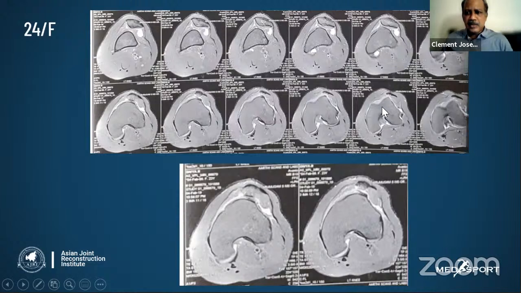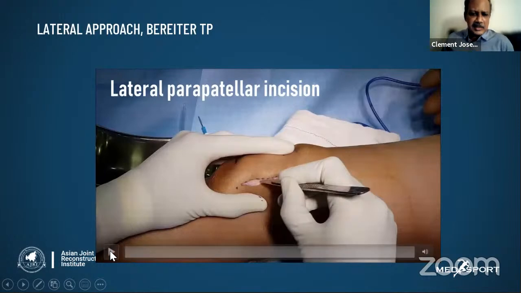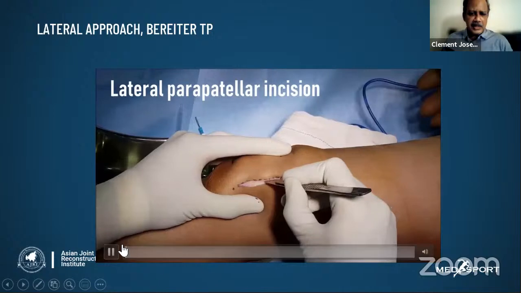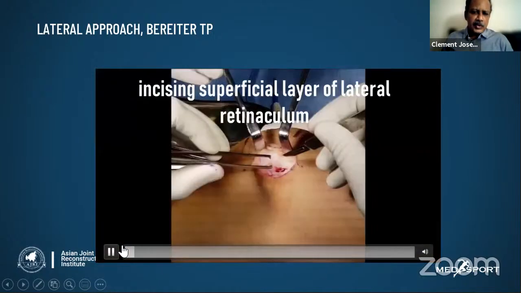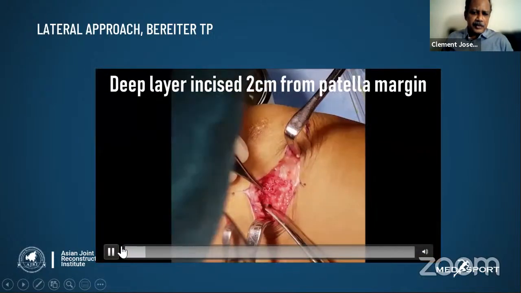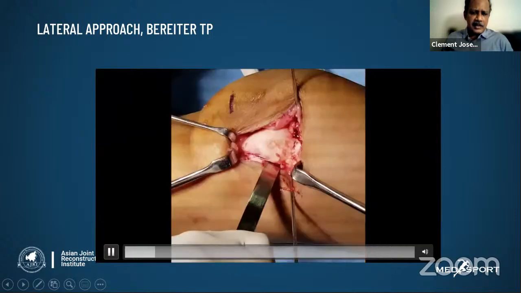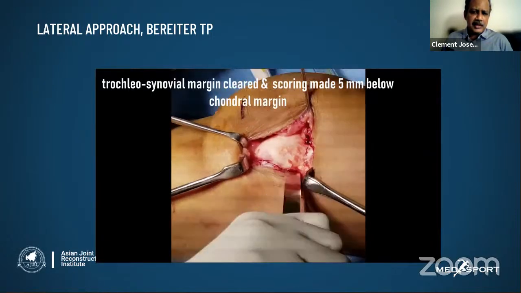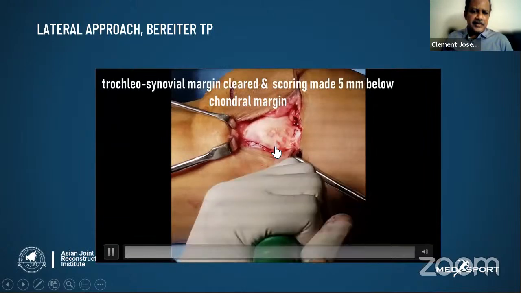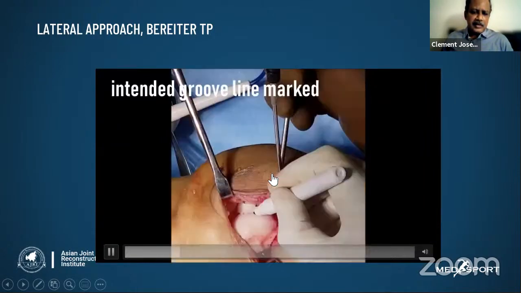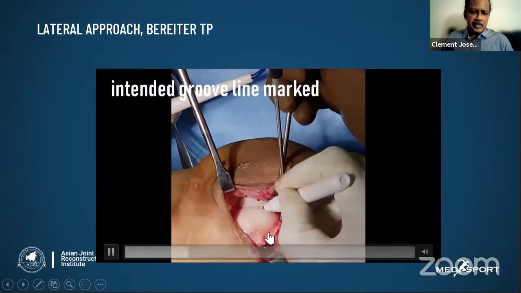And even though the distal trochlea looks okay, the patient has significant mid-flexion instability. So with these new devices and implants, we can do the trochleoplasty with a minimally invasive approach. We go through a lateral approach where I lengthen the lateral retinaculum so that we can do Z lengthening later. And at the margin of the cartilage and the bone, we mark using an osteotomy, and the new groove is